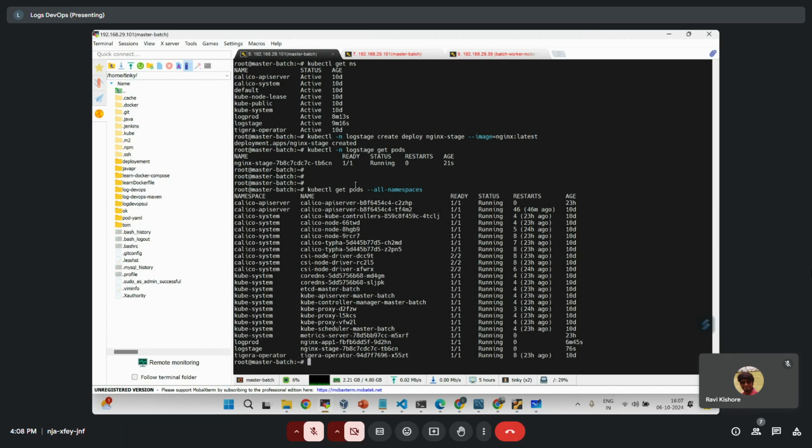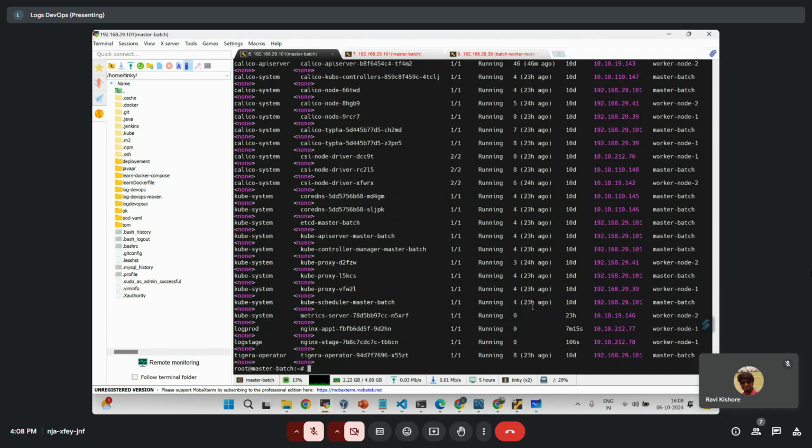Okay, see, this is the namespace and this is the namespace. Here Nginx application, here also Nginx application, but both have different IDs, right? And both are running. If you write -o wide, then this will give you